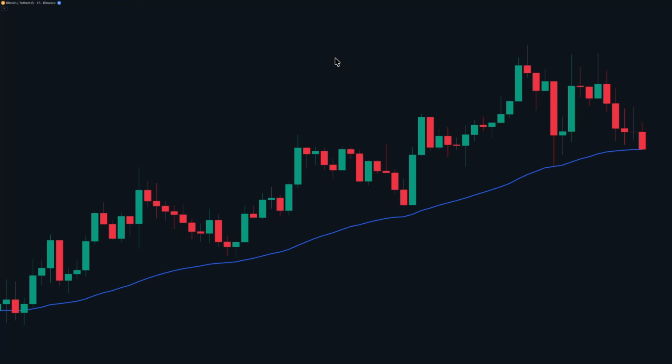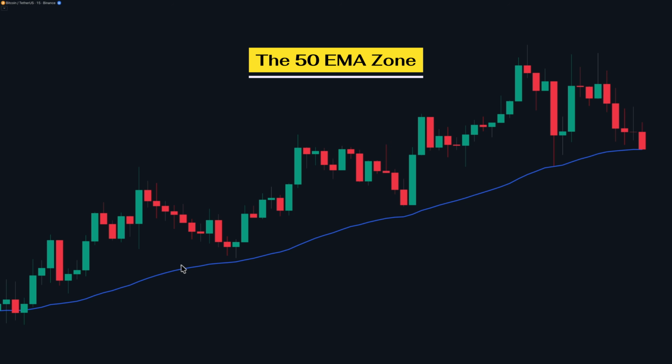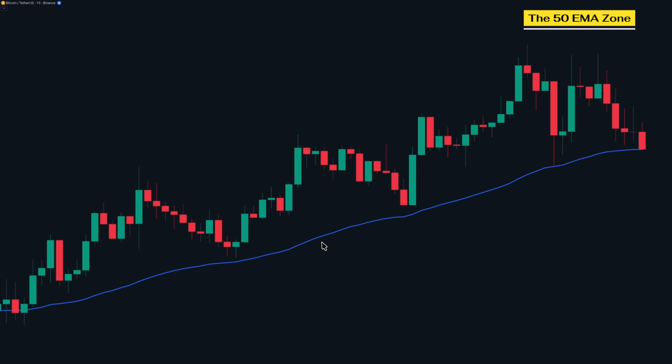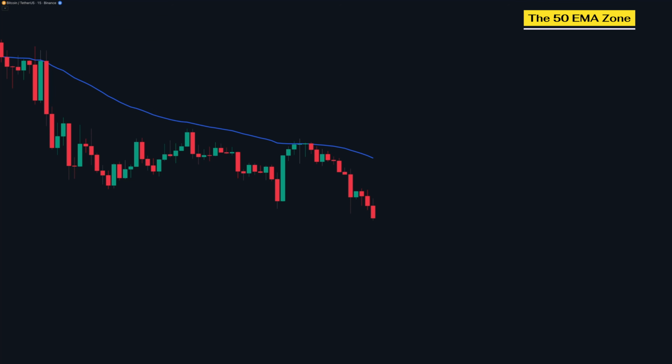Zone number 3, and this one is already sitting there on your chart, the 50 EMA itself. See this? In a strong uptrend, price does not just shoot up in a straight line. It moves up, pulls back, touches the 50 EMA, and then bounces back up again, over and over. The 50 EMA acts as a dynamic support zone in a bullish market and a dynamic resistance zone in a